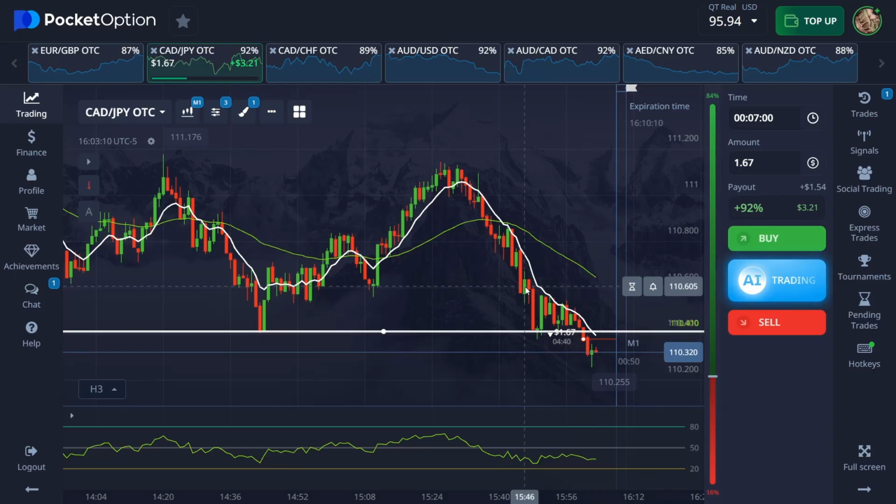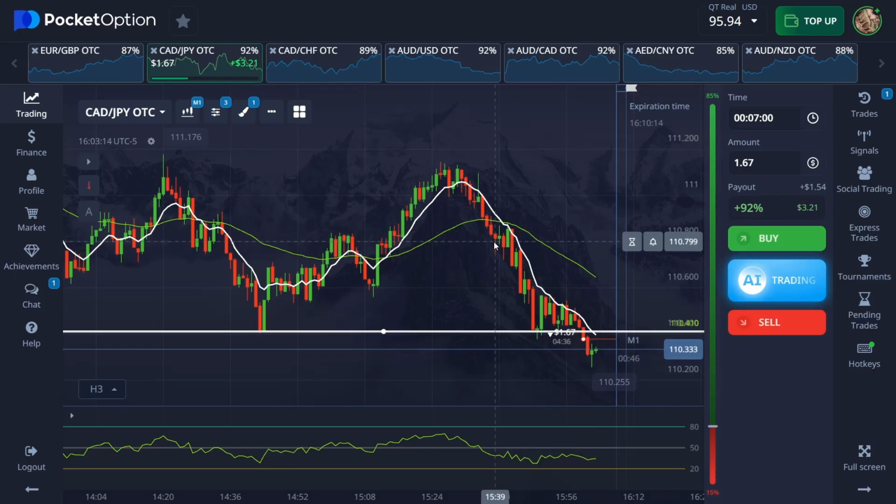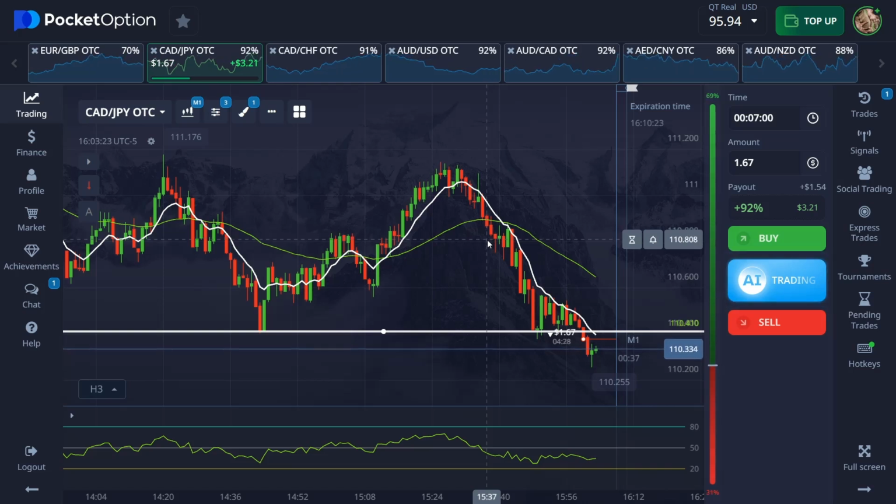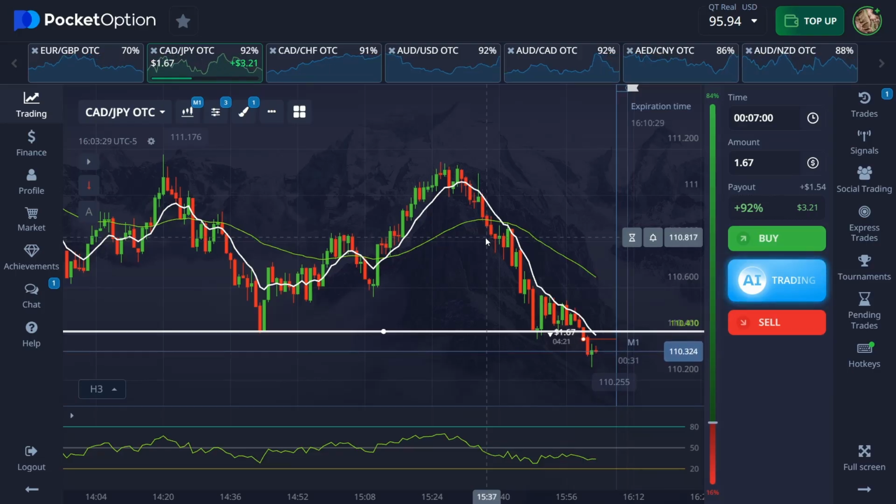The only thing I really like about binary options is the simple fact that it's a lot faster than forex, but we also have to admit that it's a lot riskier as well. So the risk is higher. Why? Because in forex